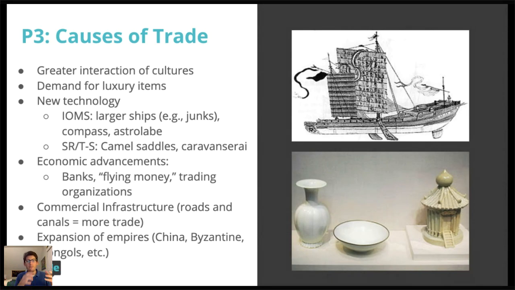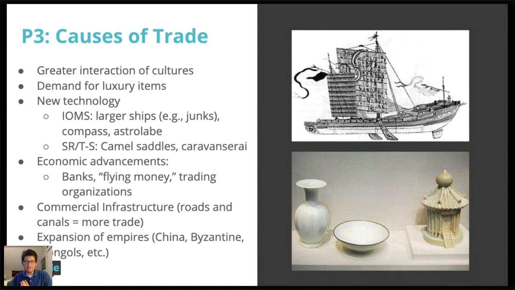Imagine going from Baghdad, one of the most prominent cities in the world at the time, all the way to Beijing in China. And the entire way you were under one government's control, right? That was the world of the Mongols, and it made trade much easier. One way to think about this is trade across the United States, right? You have these interstate systems. The government of the United States builds these roads to allow these 18-wheelers to go from New York to Los Angeles or wherever they need to go very easily.